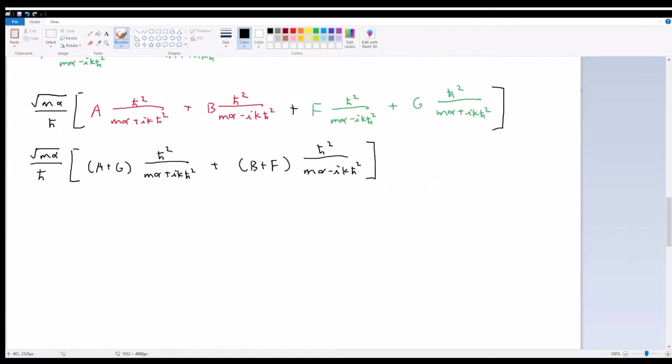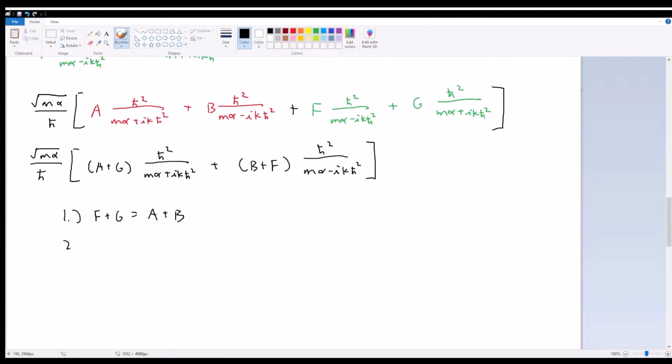Now, the solution to this is that we're going to invoke the conditions we found for a, g, b, and f back when we were solving earlier in the chapter for the delta function. Because we applied the continuity rule for psi, and we also applied the discontinuity rule for the derivative of psi in the case where the potential was infinity, and we found that we have two conditions. We have condition 1, which says that f plus g is equal to a plus b,